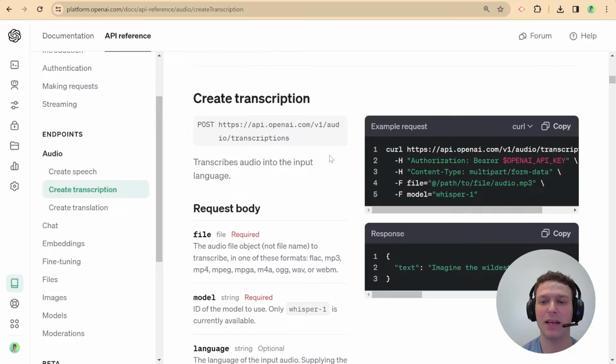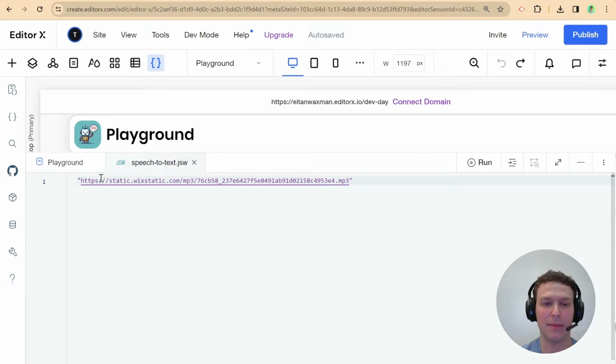And that's because the content type is multi-part form data, which is always the hardest to work with from the Wix side. And also because we have to pass in a file here and not, let's say, a URL or some text or something a little more simple. So those are all things that we're going to talk about and see how we can overcome using essentially the Axios package. So let me head over here back to the back end of our site,